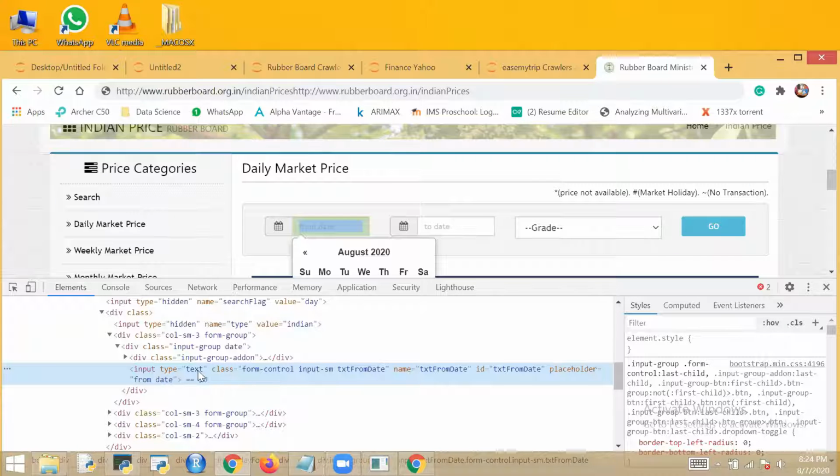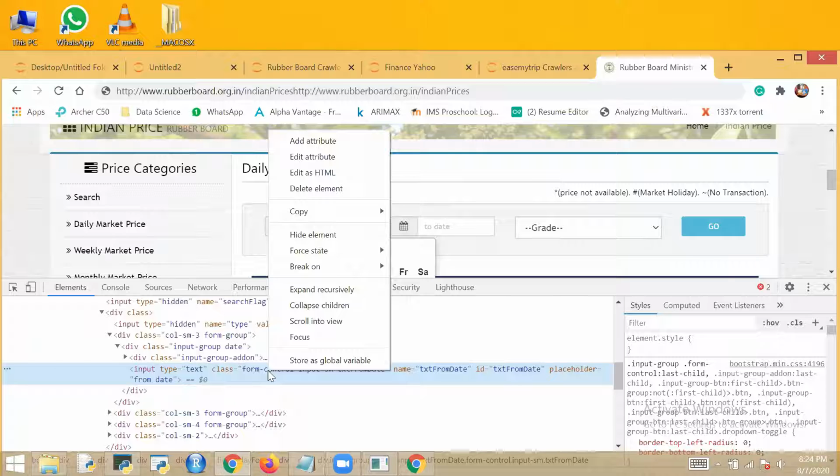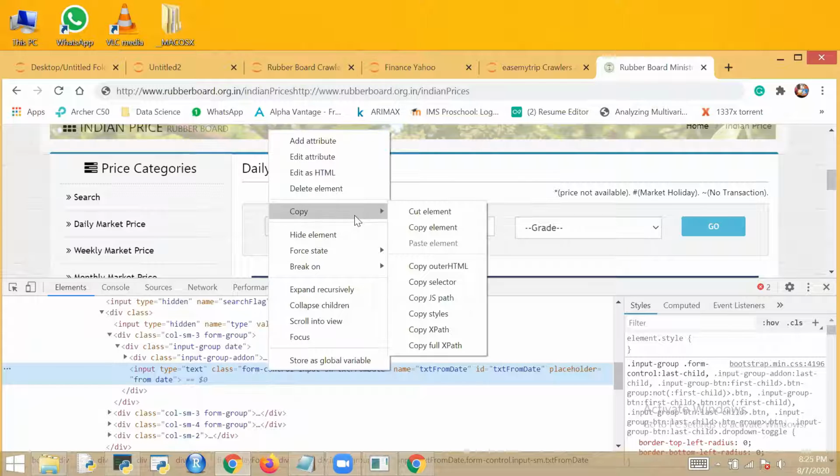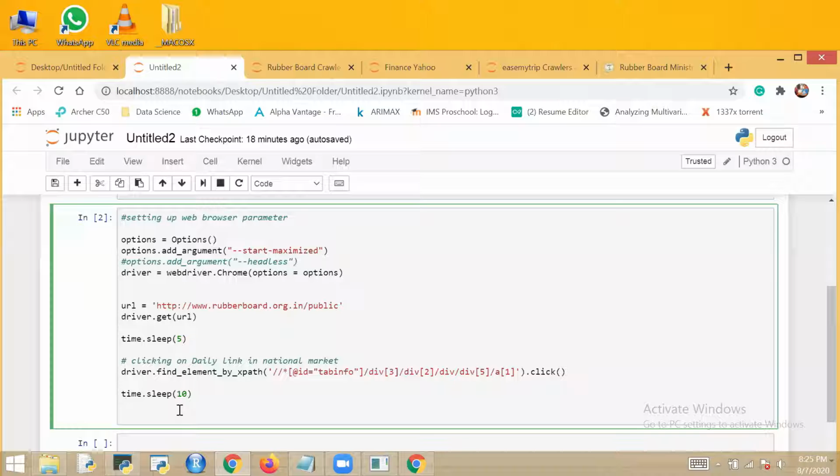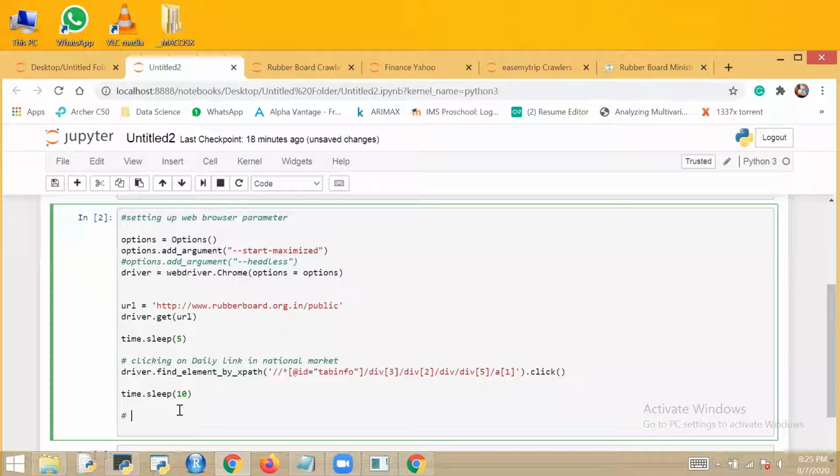Here the input type is equal to text, class form-control, something they have given. Okay. Again, right click on it. You will get copy XPath. Okay. Now, after the page is loaded, you want to fill from and to date.